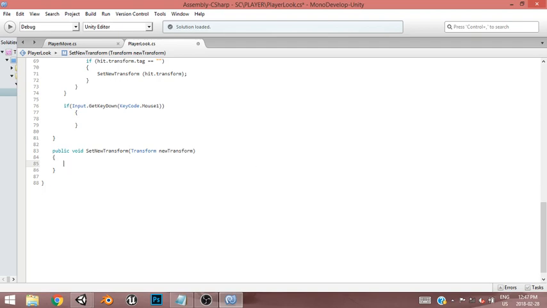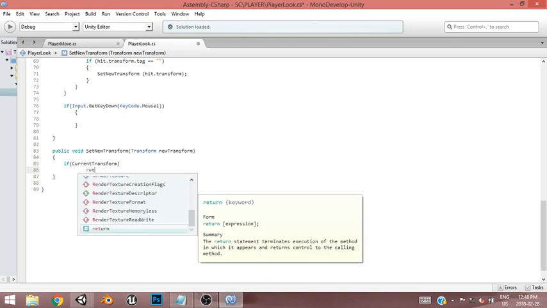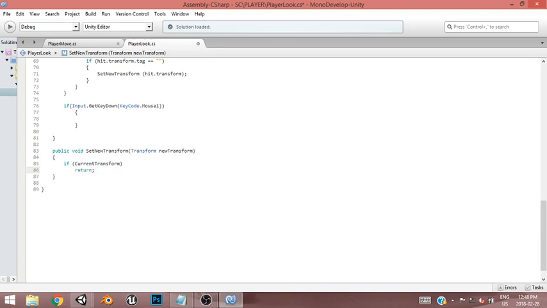So now back in set transform, this is going to be basic. So if current transform is full, yeah, full, we just want to return so we don't get errors later on. Okay, and